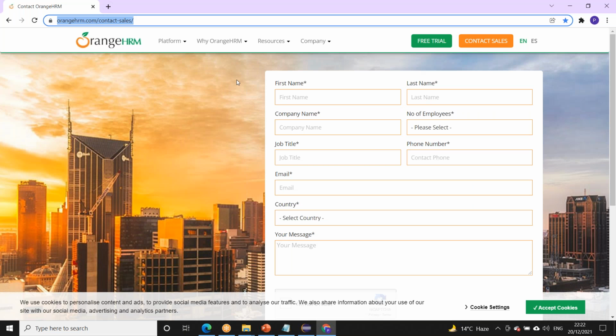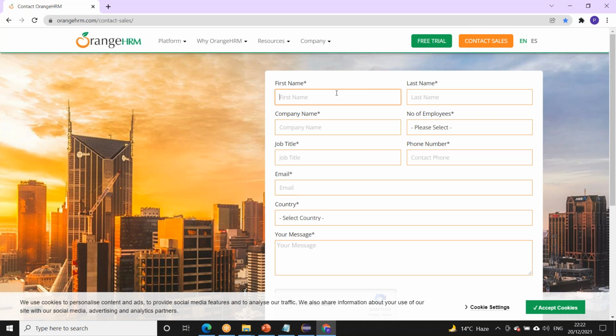Similarly, on this page, what are the web elements we have? First name, company name, text box. Mainly all are text boxes only. Yes, input field, that is a text box we have. So we have first name input, last name input, company name input.